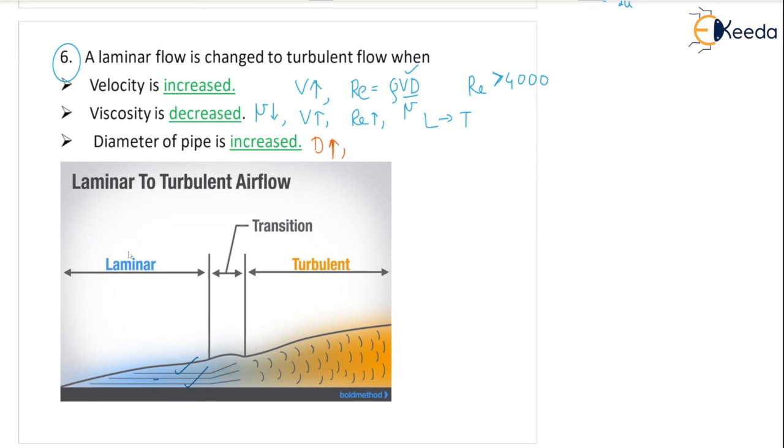Okay. Now look at this. If you are changing from laminar to turbulent flow, then there is a transition flow in between. Correct. Transition flow is not in our syllabus, but you just need to know that there is a phase between the laminar and turbulent known as the transition zone. So this is a laminar flow. You can see the pattern here and the streamlines shown here. Transition zone, and this is the turbulent zone, where you can see the formation of eddies and vortices. This is nothing but a circular pattern, a curve of the fluid particles or fluid mass, eddies or turbulence.